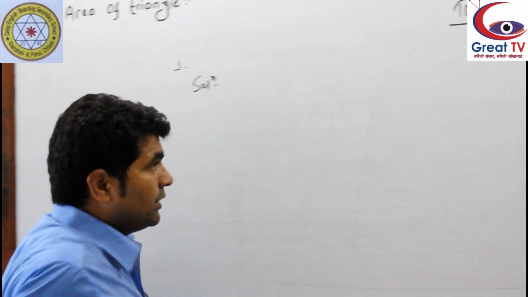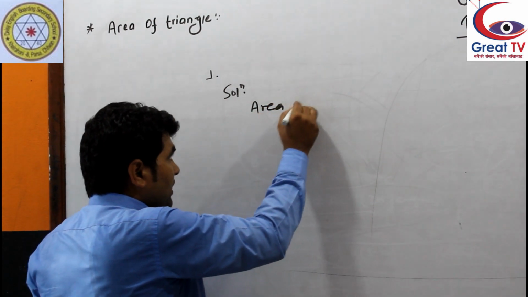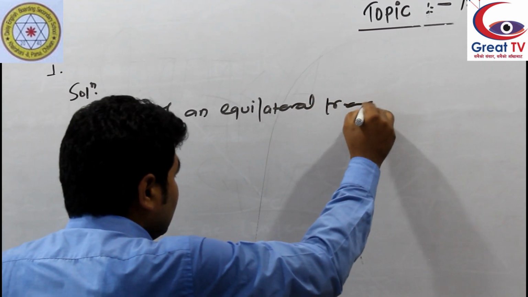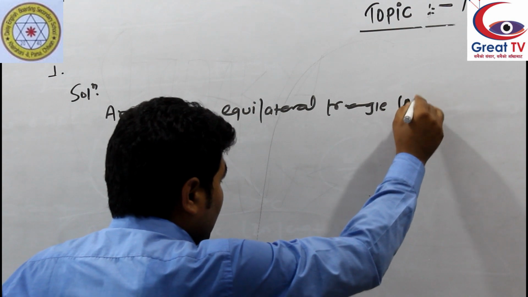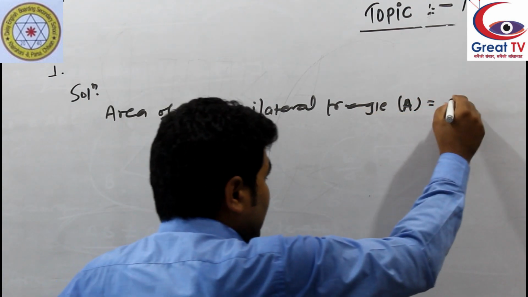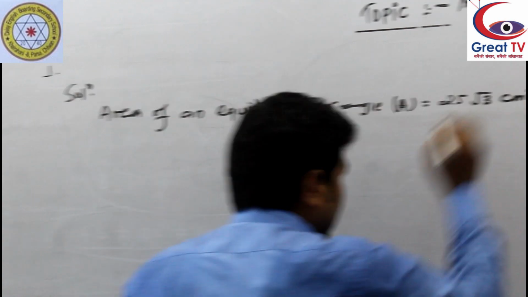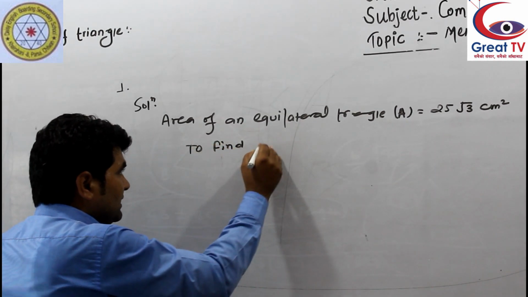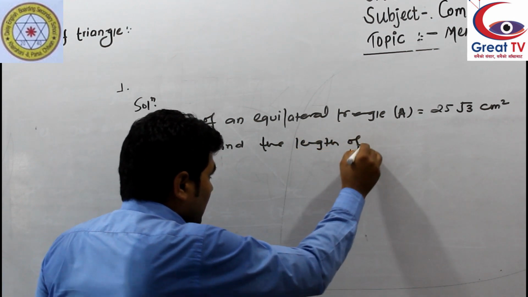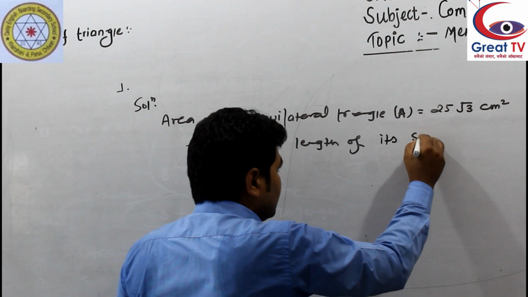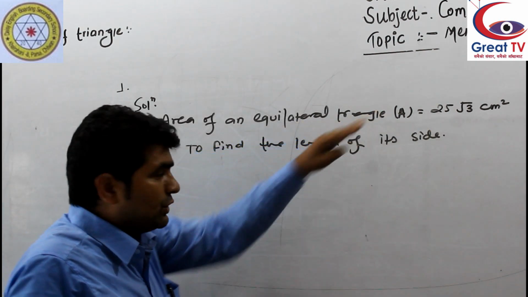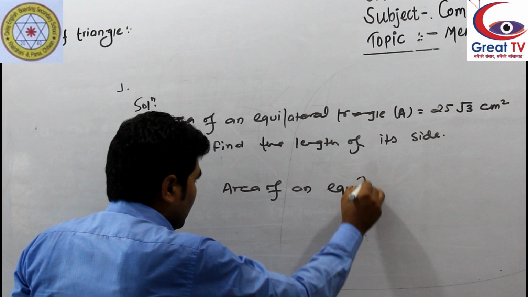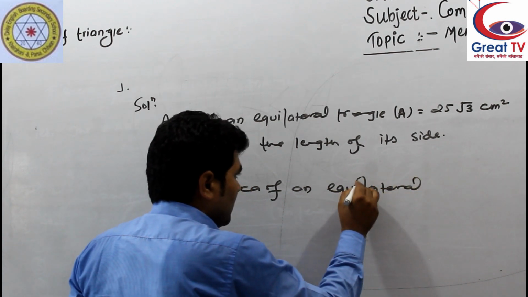solution. Here the area of an equilateral triangle, A equal to 25 root under 3 cm square. This is the area of the triangle. To find the length of its side, here the area of the triangle is given. So according to the question, the area of an equilateral triangle